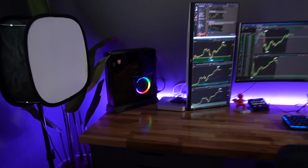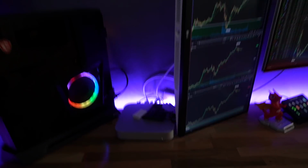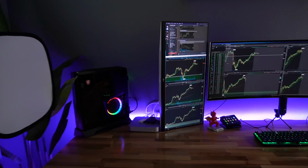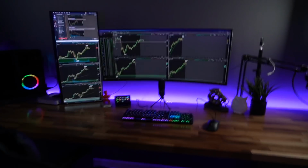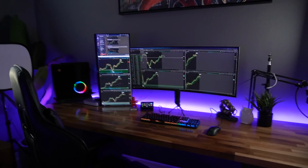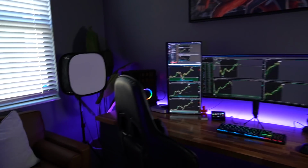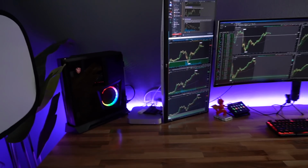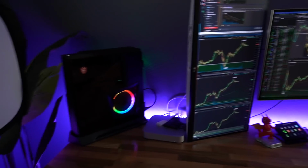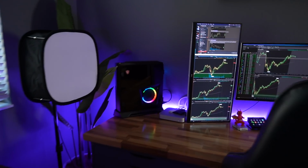And then the Mac Mini, which I really love as well. The Mac Mini that you guys see there, I use for editing. I love using that for editing. Final Cut Pro works beautifully with the M1 chip that recently came out. That is a 1 terabyte SSD and 16 gigabytes of RAM. I really like that computer. I switch between the two over time throughout the day. If I'm going to edit, I'll switch to the Mac. If I'm using some other things or gaming or I'm trading, I'll switch over to the MSI